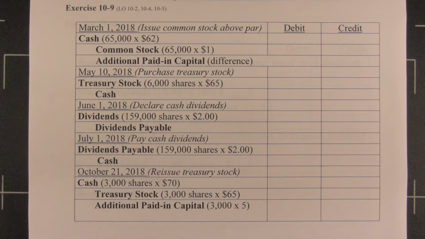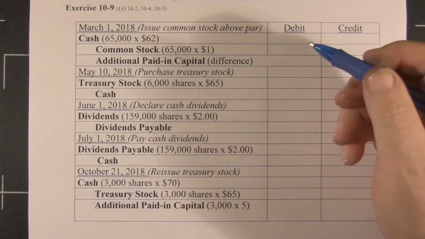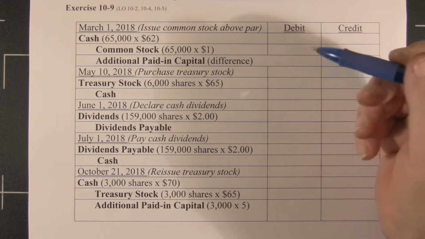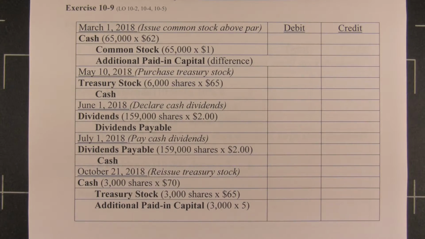Exercise 10.9 takes us through various stock transactions, and it tells us that at the beginning, this company had 100,000 shares of their common stock issued and outstanding. This is exercise 10.9 on page 491, and they tell us that there were 100,000 outstanding at the beginning of the year, and then on March 1st, they issued